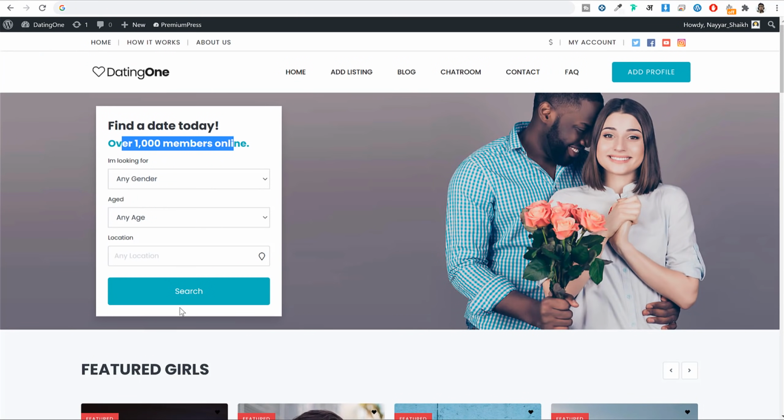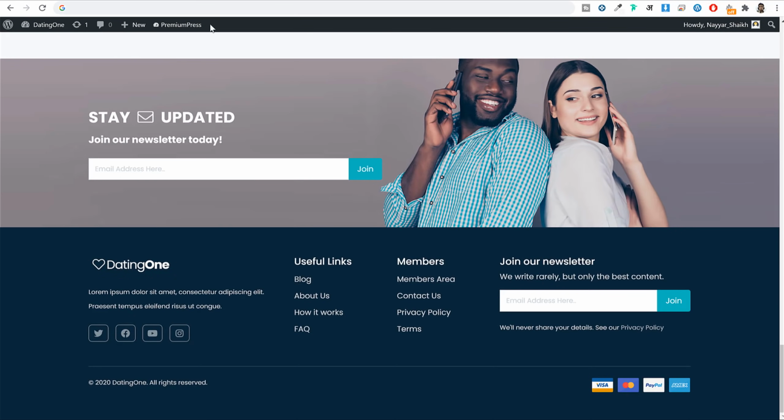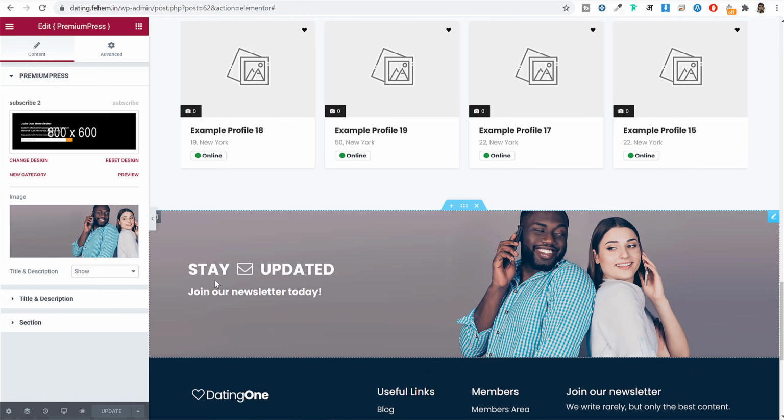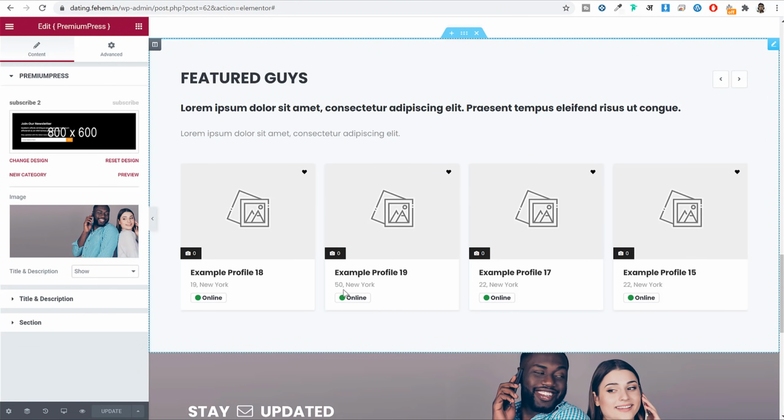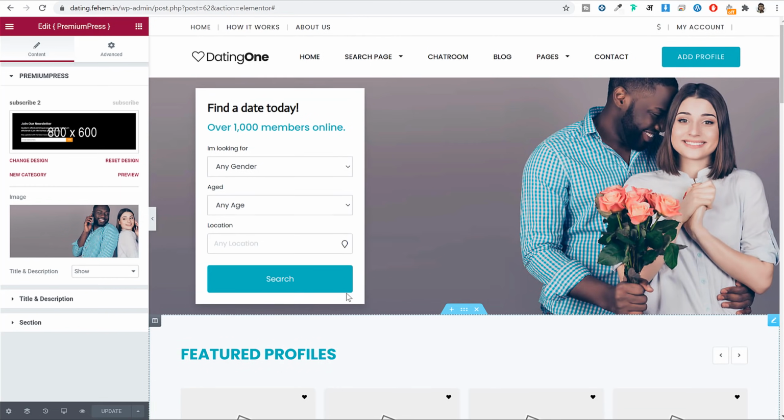Now we don't see this option at the bottom right now, this newsletter section, that we'll see later on in this video, how to enable that section so that you can collect email addresses and you can do free email marketing. So we'll see later on. So as you can see, this is how this thing works. This is how you can create.